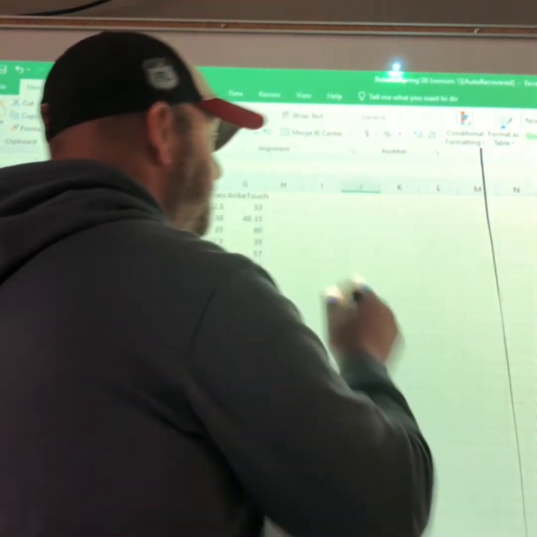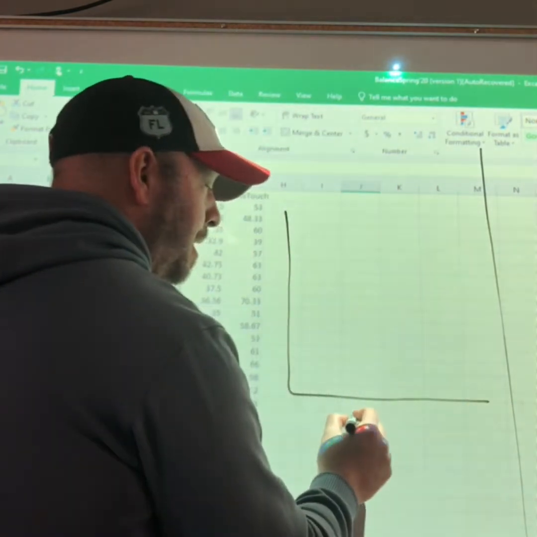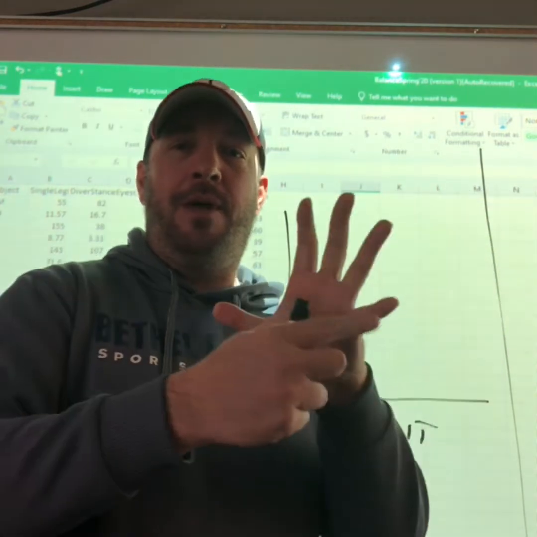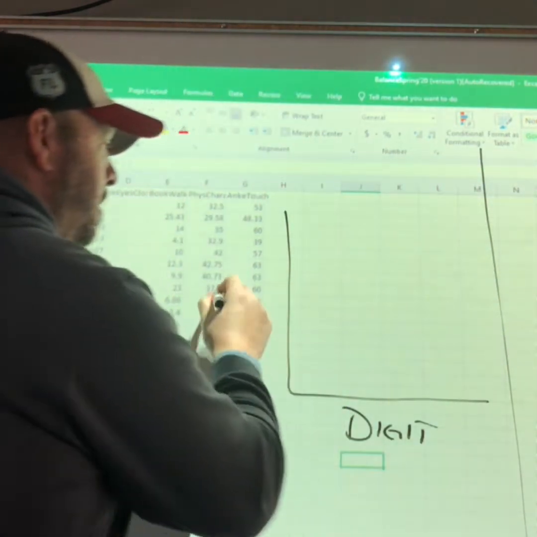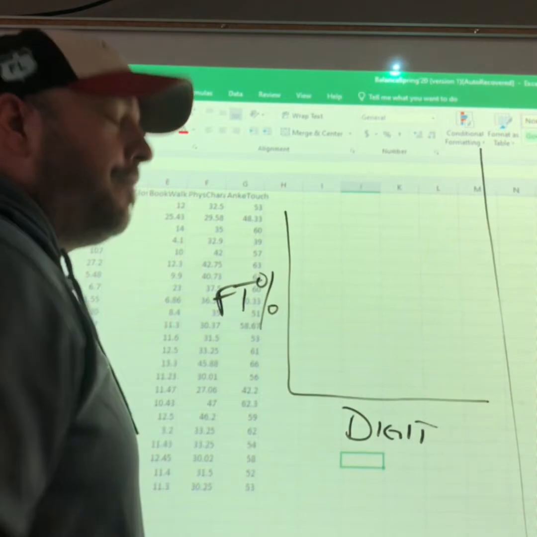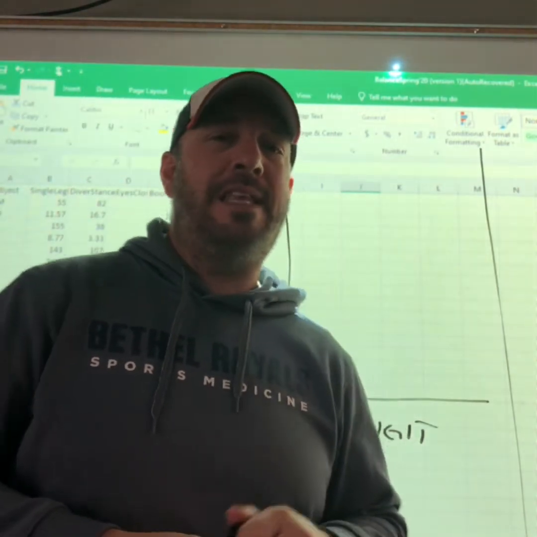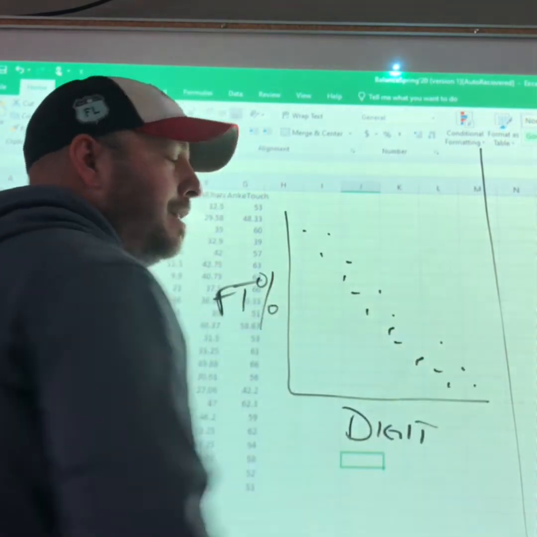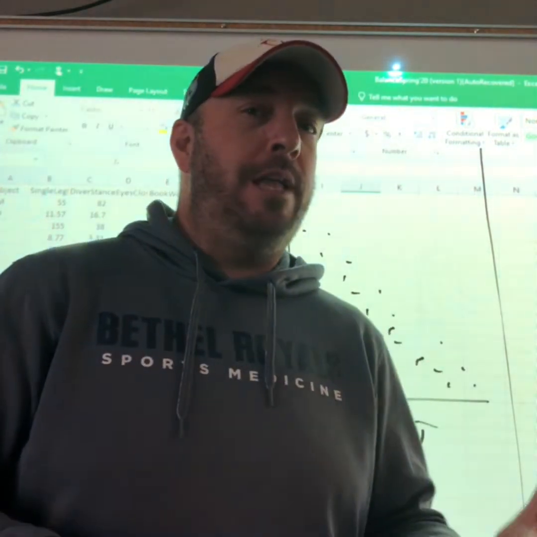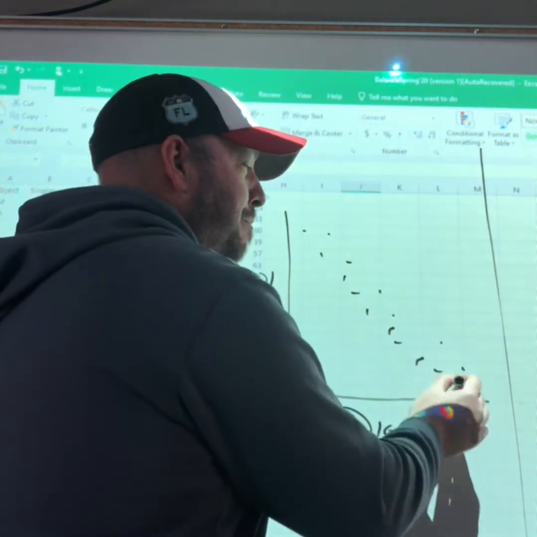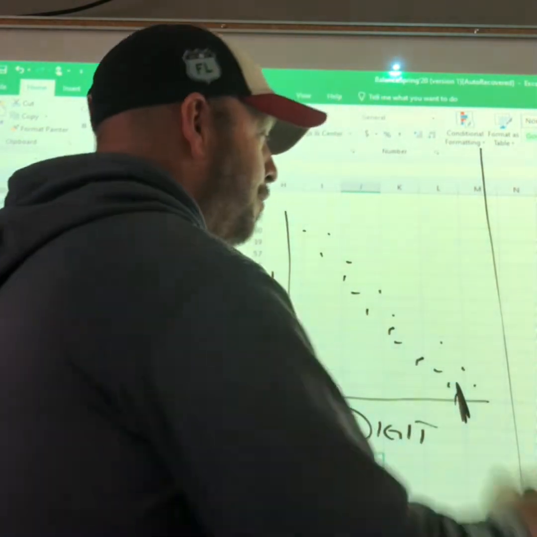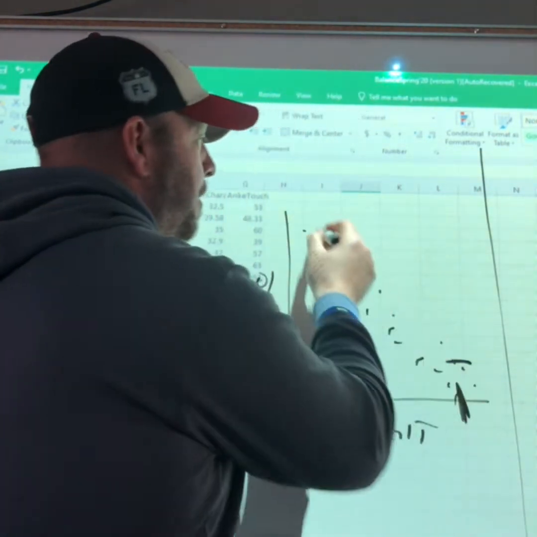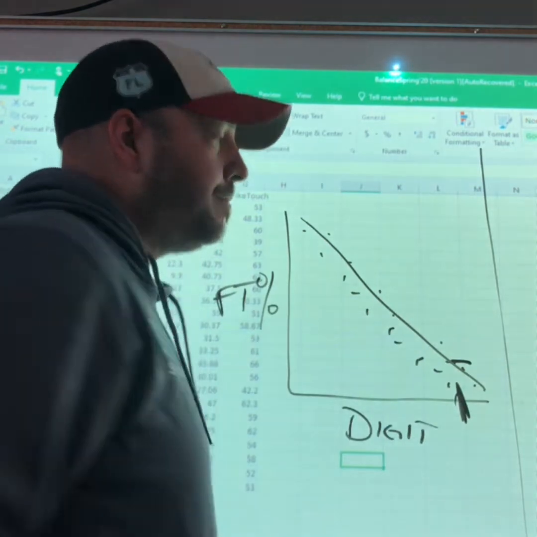So when they took a look at the data, and we draw that back up here, and we were to put finger digit span, looking at thumb to little finger with your fingers spread out, and free throw percentage, if we were to take a look and graph this data, we would see something that looked more like this, right? So your Shaquille O'Neals of the world, really big hands, really low free throw percentage. And if we were to draw a line of best fit through this set of data, we'd see a line